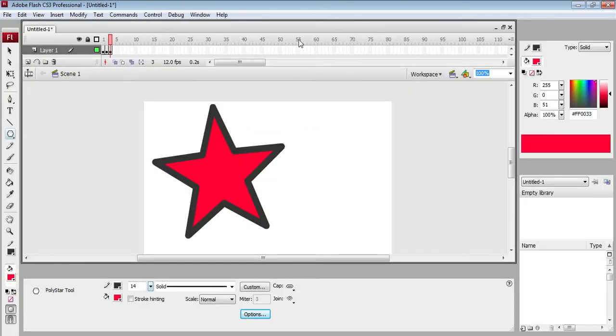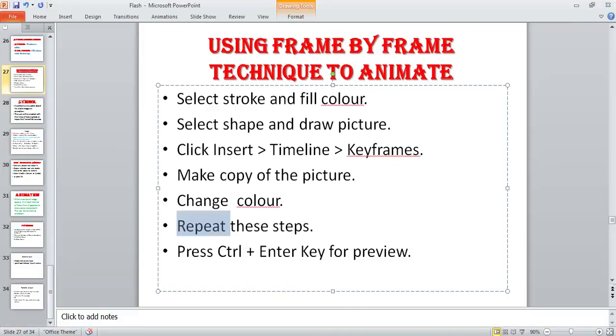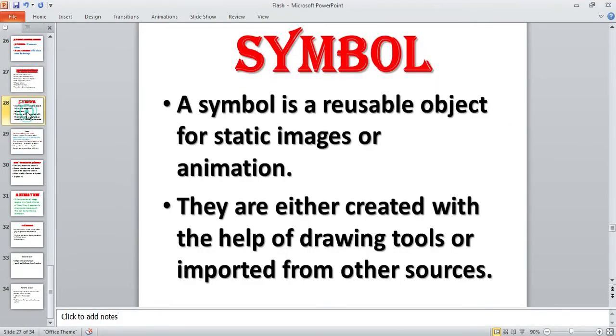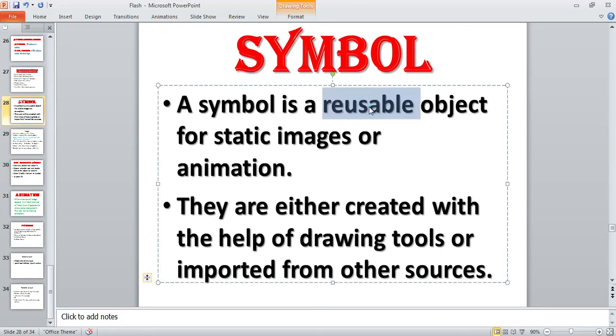Now next has given here symbols. So we can read, a symbol is a reusable object for a static image or animation. That means once we have created the symbol, then we can use it so many times. Now the next question can be how we can create the symbol.